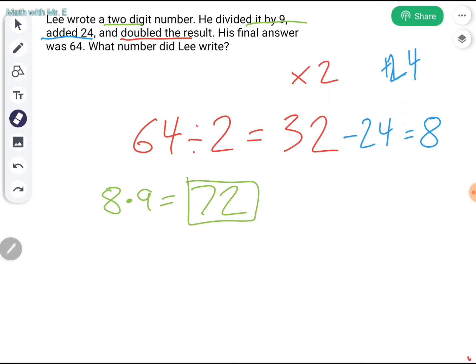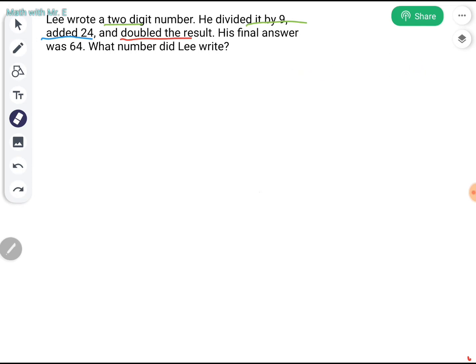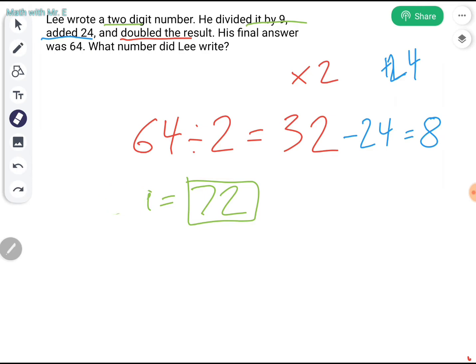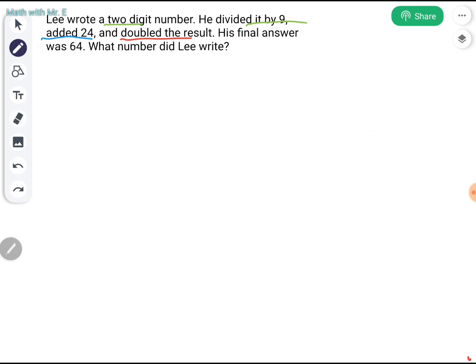Now let's go ahead and take a look at how we could do that algebraically instead. So in order to solve it algebraically, we'll need some variable that we can use to represent his starting number. Oops, I guess we don't want to erase that. Let's try that again. Okay, so let's do a variable, and since it's a number, let's go ahead and use the typical n as our variable. So we're starting with some two-digit number n,